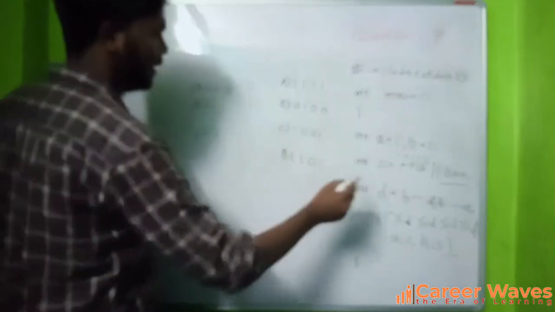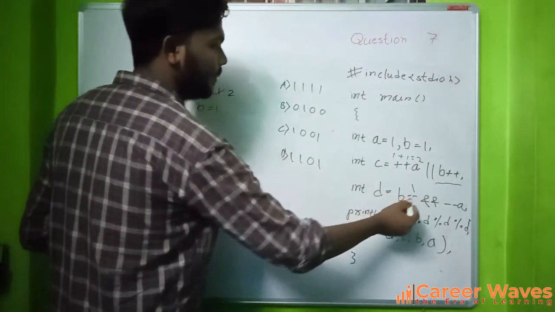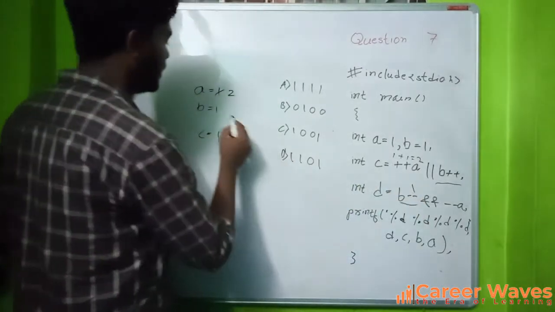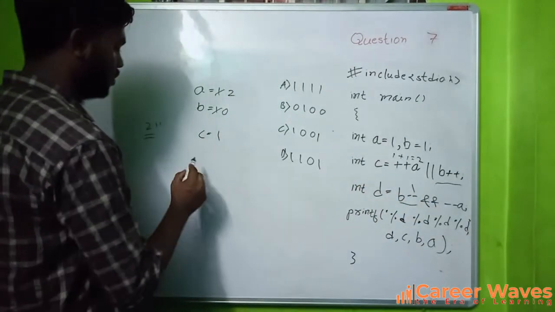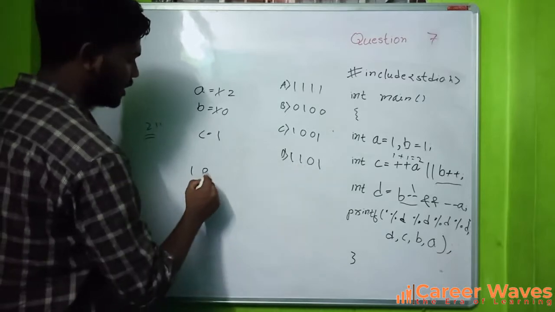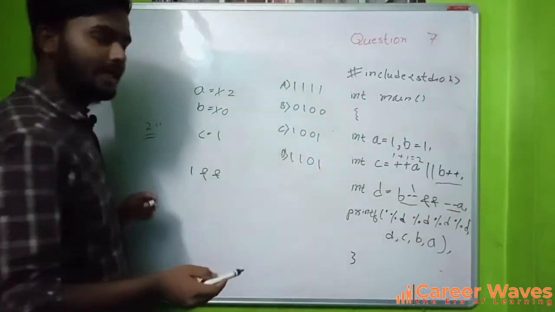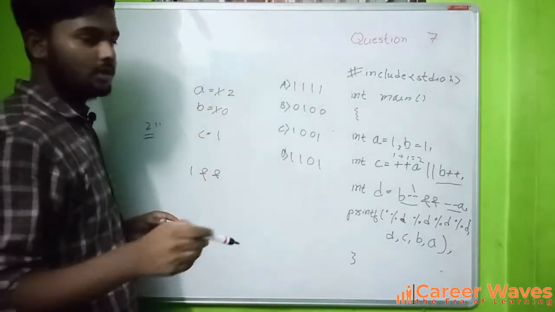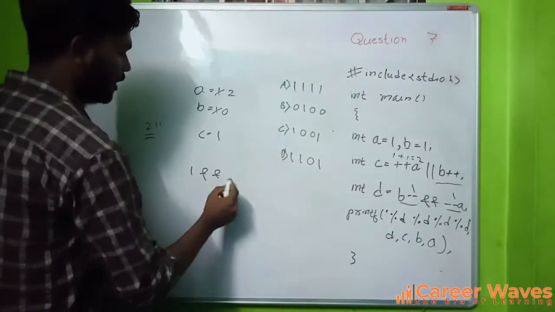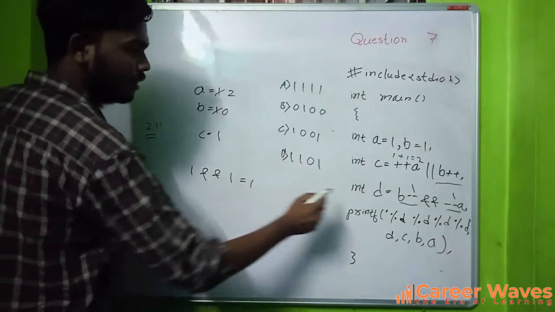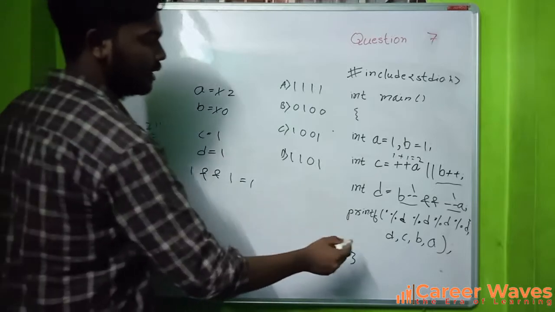Now D becomes B minus minus, that is the post decrement. The value for B is 1, so here 1 will remain 1, but the value of B will become 0 after the decrement. Logical AND, so 1 is there, 1 logical AND with minus minus of A, that is the pre-decrement of A. The value of A is 2, the pre-decrement 2 minus 1 becomes 1, so here the value will be 1, so 1 and 1 will give you 1, so the value that will be stored in D will be 1. So let us see the output.